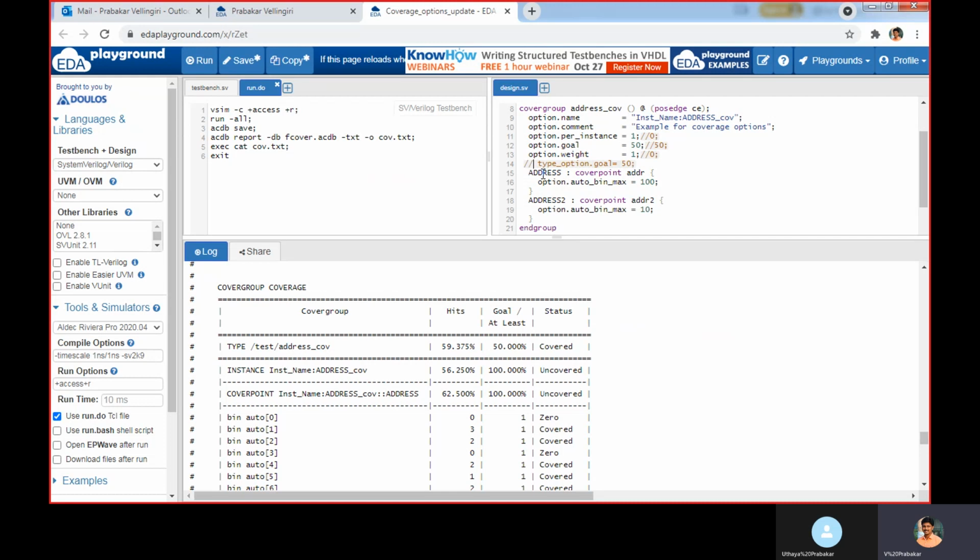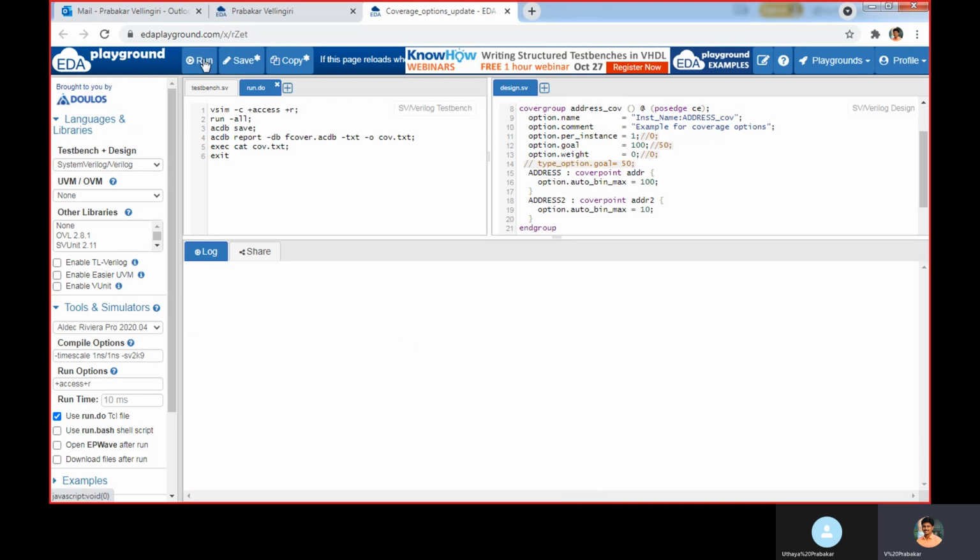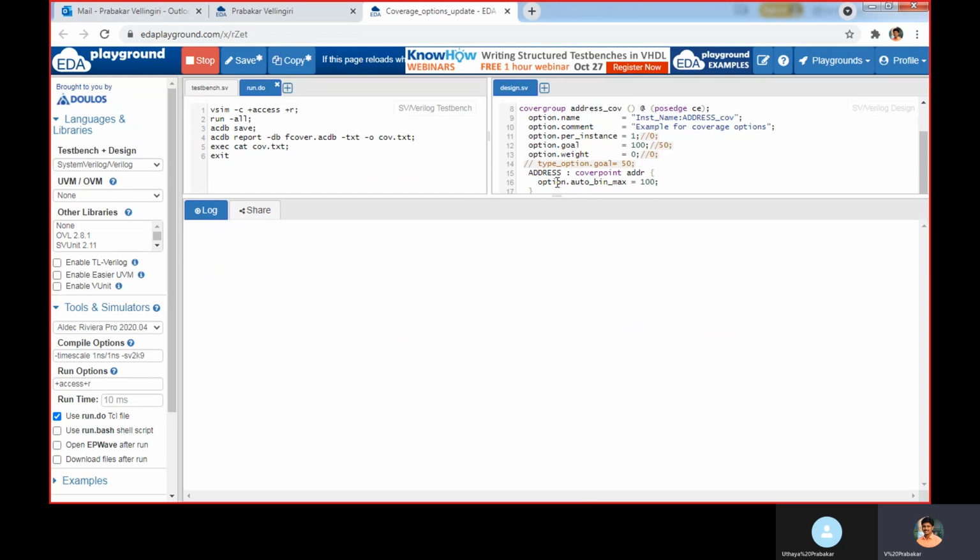Then weight, this as 1. Option.weight: the default value is 1. If you make this 0, the weightage given for this address cover will be 0. So it will not be considered to calculate the overall coverage.